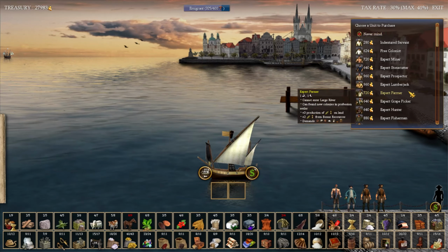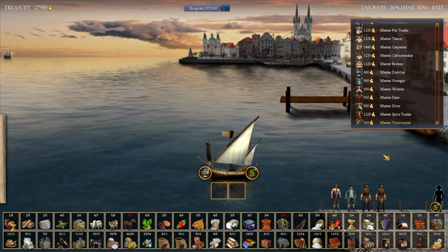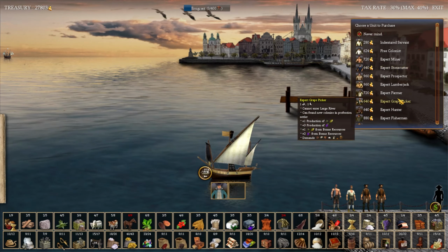Do we need, well, let's get a vintager. Actually, he's been sitting on the docks waiting forever. What is the plan? Let's bring him online. He's going to go to the new city. And then we need a butcher